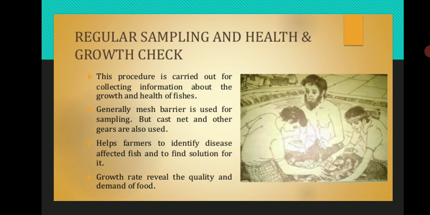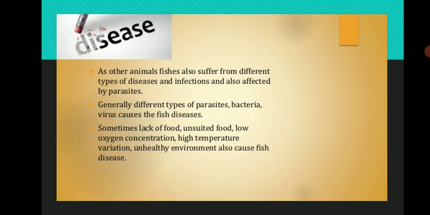Regular sampling and health check. This is the procedure to collect information about the growth and health of fishes. Generally a mesh barrier is used for sampling, but nets, cast nets and other gears can also be used. It helps the farmer to identify diseases affecting the fish and find a solution for them. Growth rate is reliable for the quality and demand of food. Diseases: